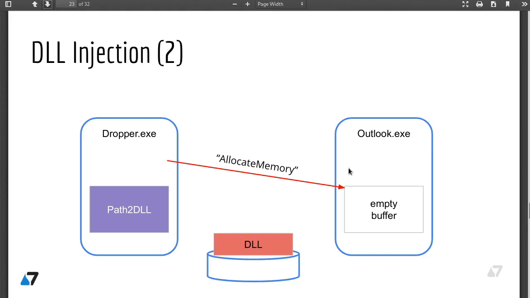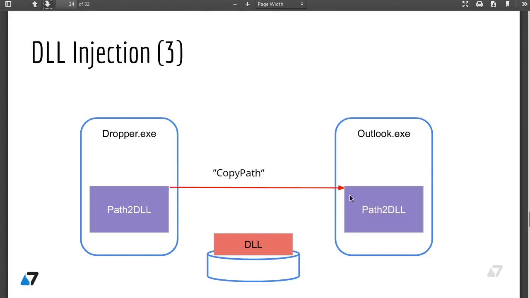There is another technique called reflective DLL injection, which bypasses this kind of restriction. It allows you to run a DLL inside a process without using a system loader and a file system. But in our case, we are going to talk about classic DLL injection. Okay, so we allocate an empty buffer of a size of at least the length of the path of our DLL from disk. Okay, then we copy the path to this buffer,